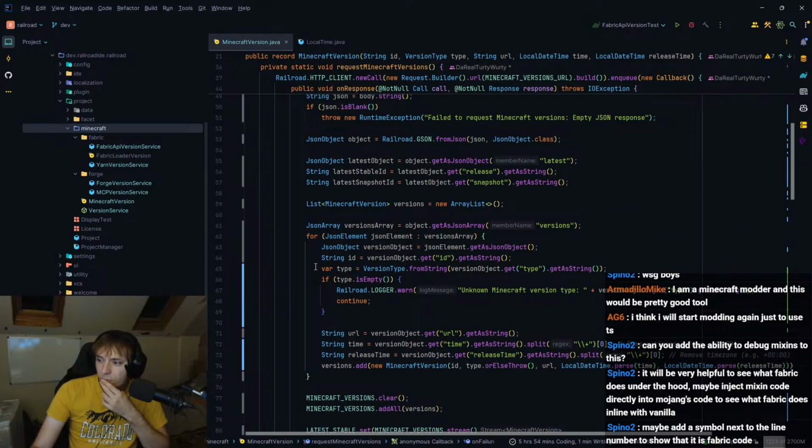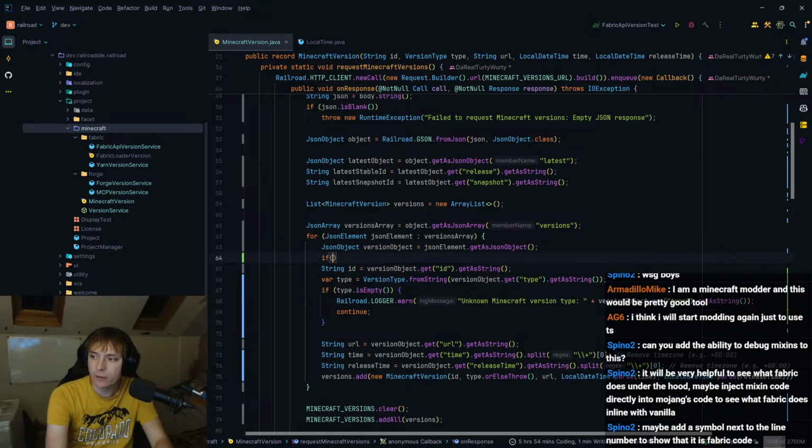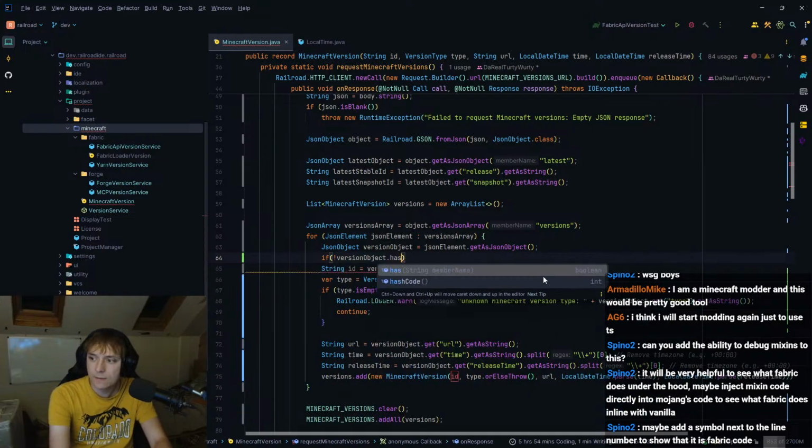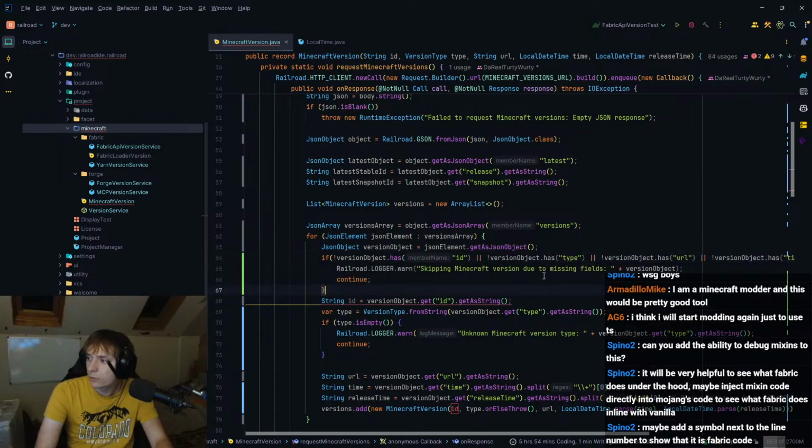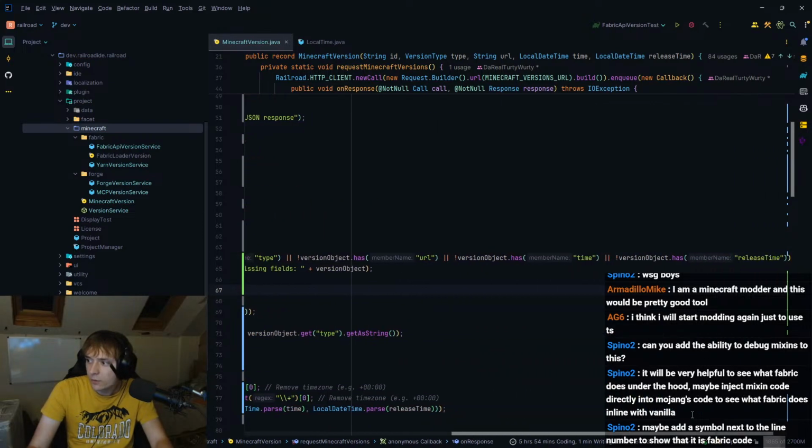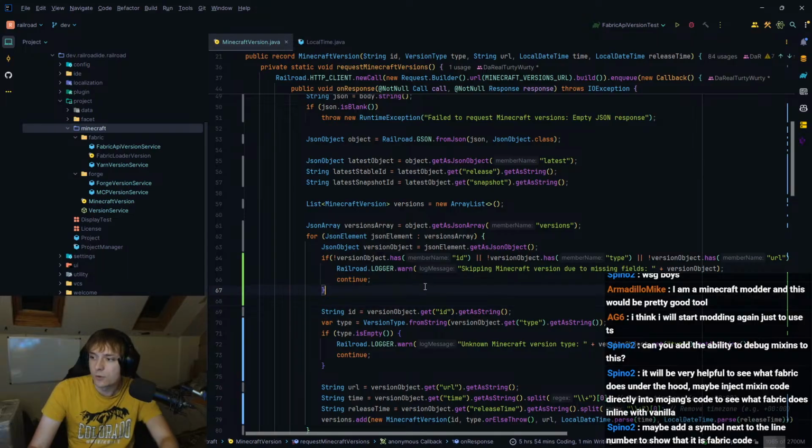But I think this is all fine. I don't think any of these are an issue. I should probably do some has checks in here. Instead of just get id.getAsString, I should really check if version update has an ID. I could probably just do that here actually. If not, version objects.has ID, or it does not have type, or it does not have URL, or it does not have time, or it does not have release time, then it just skips it.